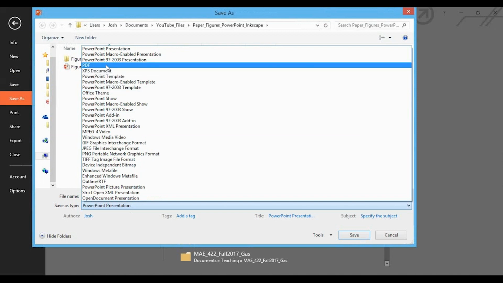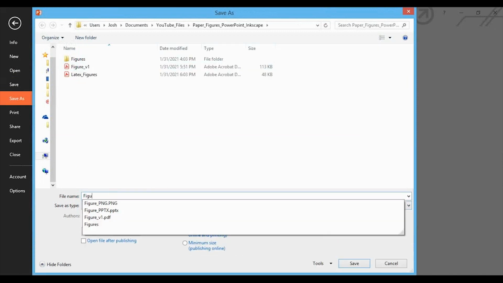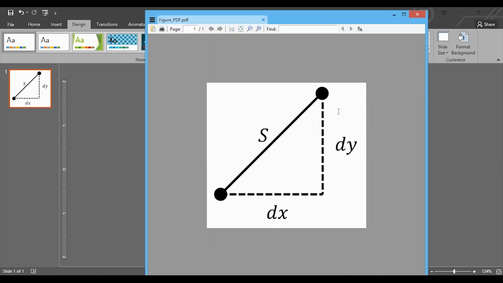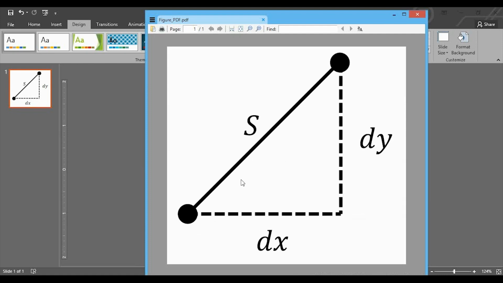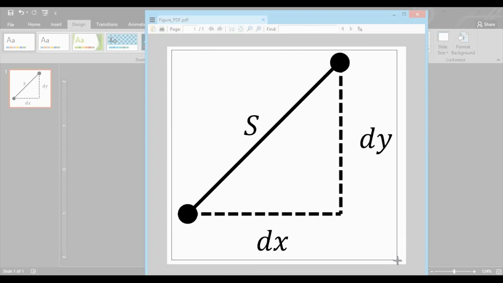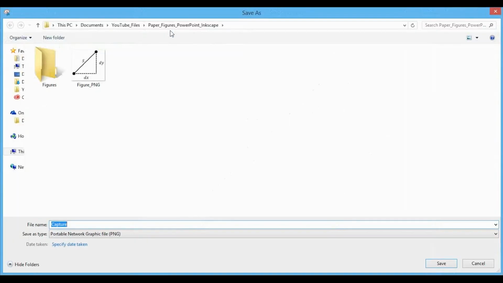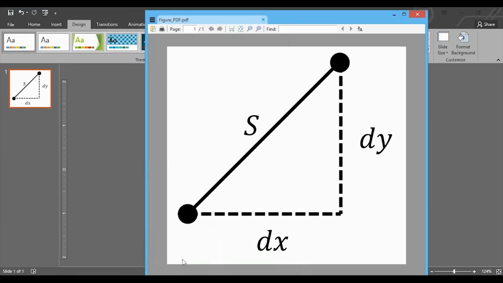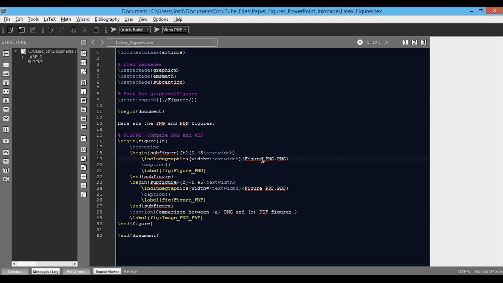So let's try to save this back out again. I'm going to save this as a PDF, correct? So we'll just call it figure underscore PDF. Okay. And then if we open that up, for example, we can see that it looks more reasonable in terms of what we actually wanted. And so what I'm going to do real quick here is take my snipping tool, and I'm going to just take a snip of this and we'll save it. And we'll call it, yeah, it's already there, so we'll call it figure PNG. And what we can do is go into the LaTeX file here, and I'm plotting figure PNG and figure PDF. And if we quick build this, and if I open that up in Sumatra,